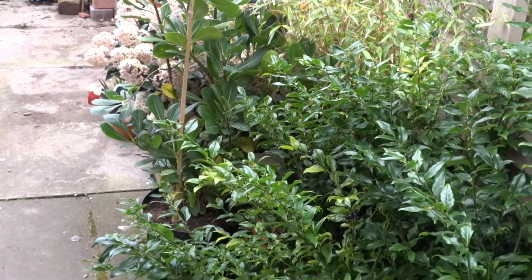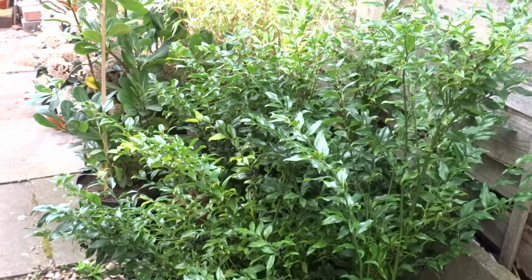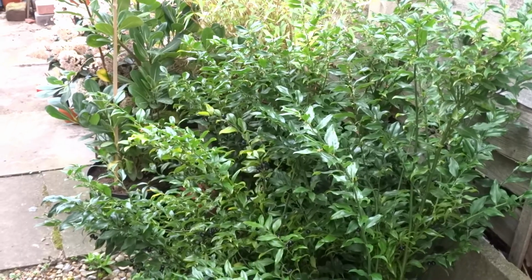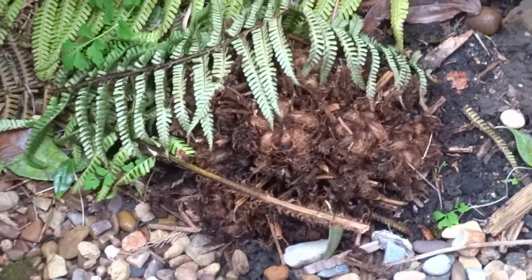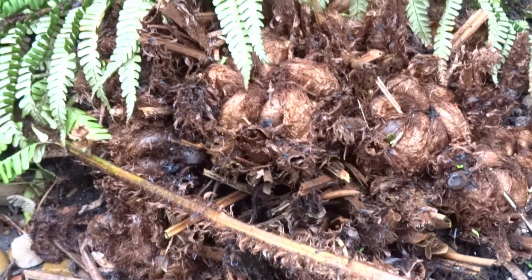So the flowers have gone from the sarcococca, which gave me a lovely scent over the winter. But now the plant is looking lovely and lush. My fern has yet to wake up. It's usually one of the last ferns to unfurl, but it's my favourite fern in the garden, so I'm happy